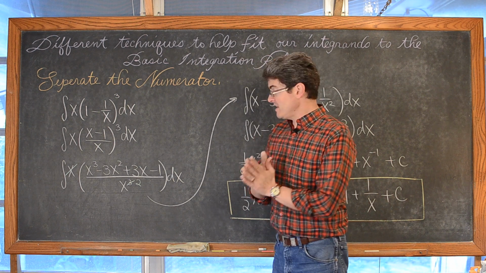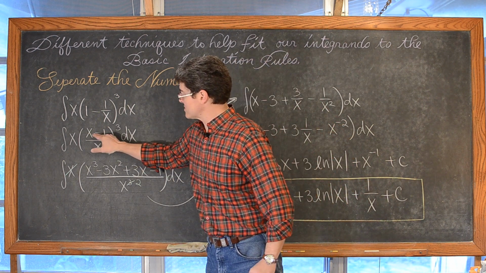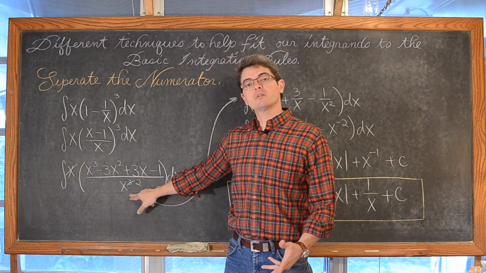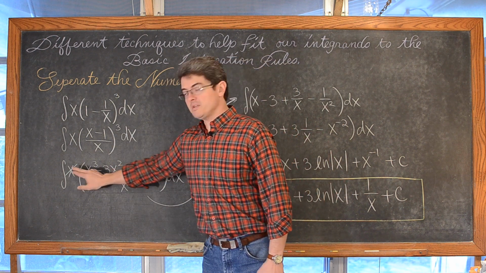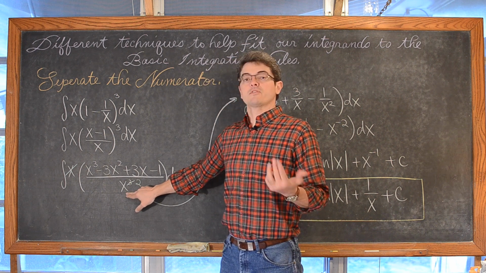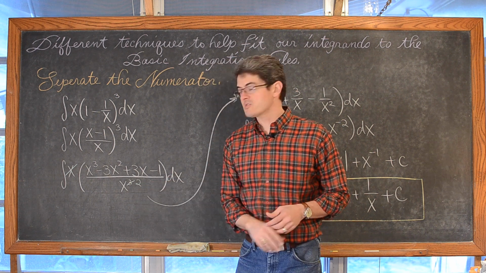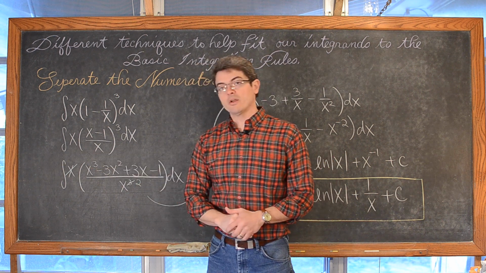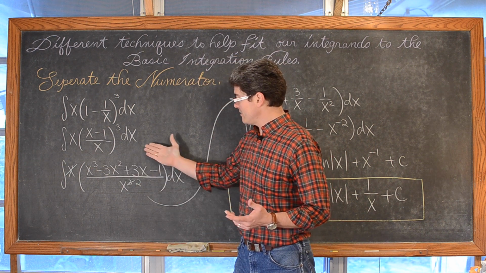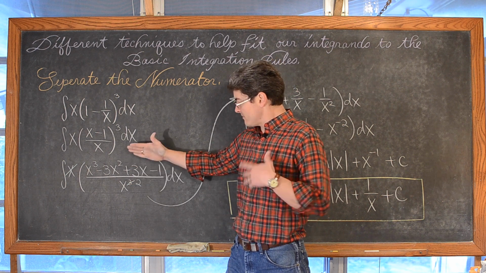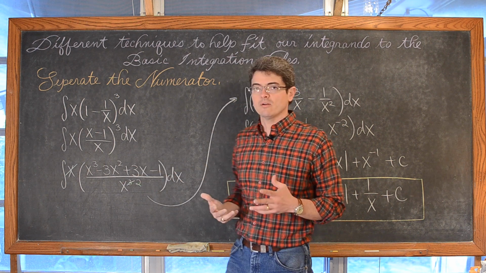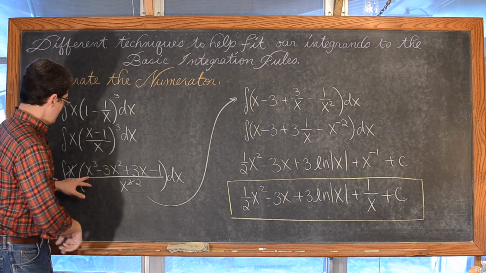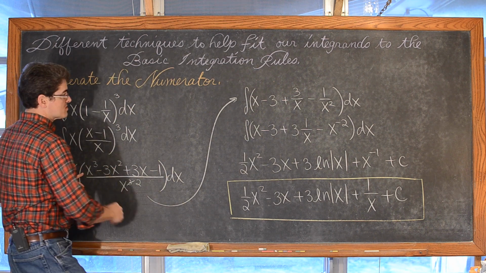So as we can see, and hopefully you did, we took x minus 1 and raised it to a third power, and we have an x cubed in the denominator. The x out front cancels with one of the three x's in the denominator, giving us x squared. And now we have a very basic denominator, lots of stuff going on in the numerator. Certainly there's not going to be any kind of u substitution to get the numerator to somehow match up with the denominator and have one of our integration rules work as a whole. But if we do x cubed divided by x squared, we get x.